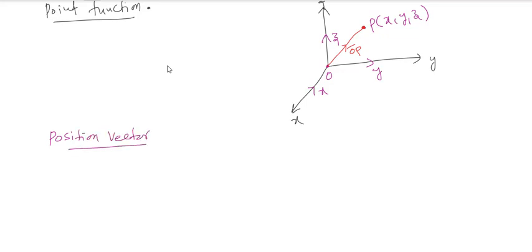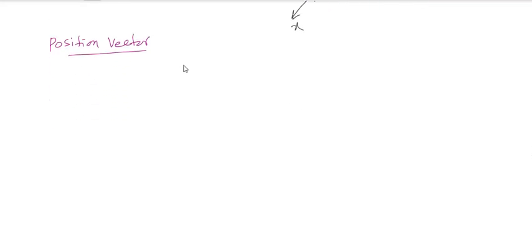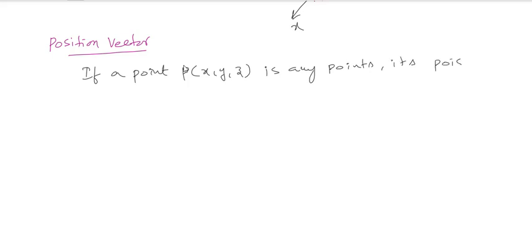Position vector. Maybe you all studied these things in your intermediate, so I'm just trying to give you a refreshment for that. So let me take the definition for this. If a point P of x comma y comma z is any point, its position vector is given by,